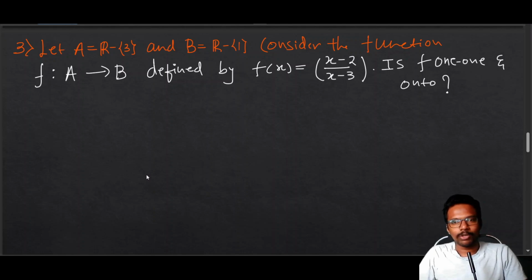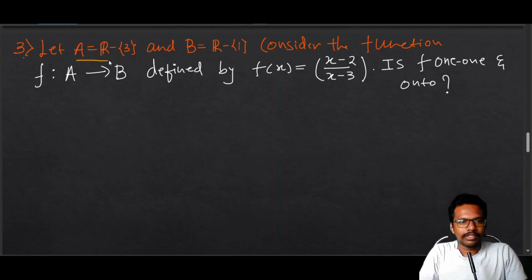So there are 4 problems. Two problems I have explained in the previous video, and this is the third problem I am explaining now. So same, now we have to check whether the function is 1-1 and onto. There will be a different domain, different codomain and different functions. Okay, so in this question the given A is here